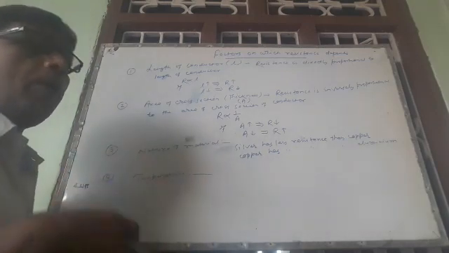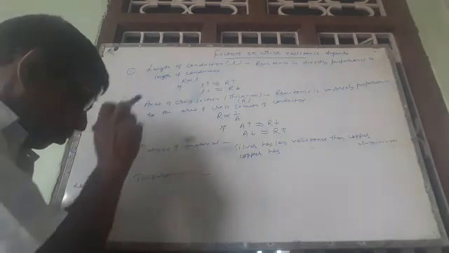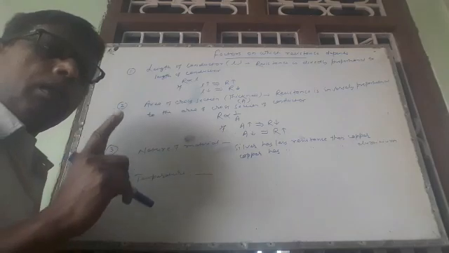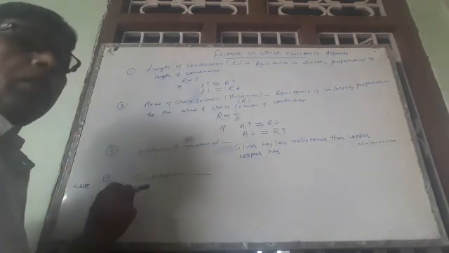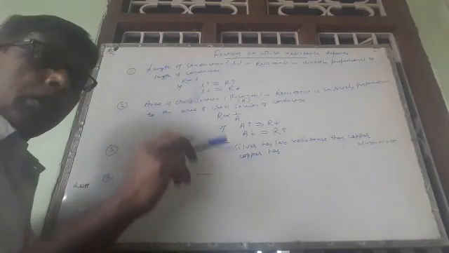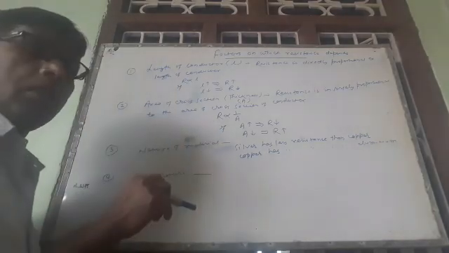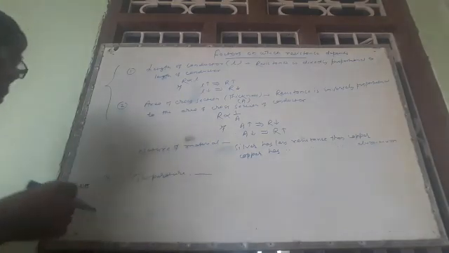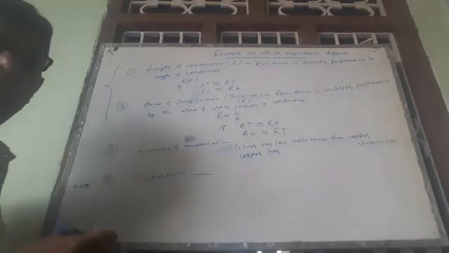A mixture of two or more metals, maybe non-metal. So what is the effect of temperature on the resistance? For pure metal, if the temperature is increased, the resistance is also increased. If the temperature is decreased, resistance is also decreased. So these are the four main factors. Out of these four factors, two factors are very important on which we have to solve some numerical problems based on resistance and resistivity, which I will explain in my next class.